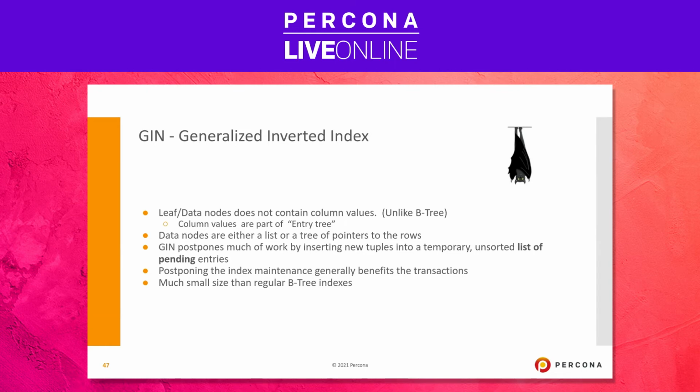GIN postpones much of the work by inserting new tuples into a temporary unsorted list of pending entries. Normally the data nodes are trees, but maintaining those data nodes takes effort, so it can potentially slow down the insert. So GIN has a provision to speed up inserts by putting the entries into a pending list, and this speeds up